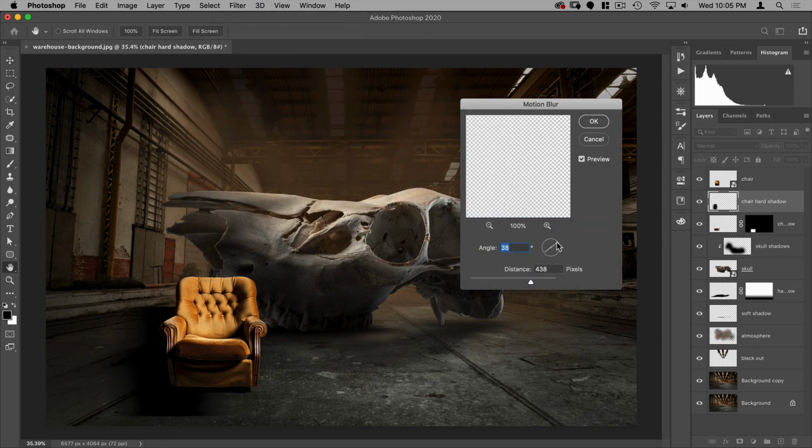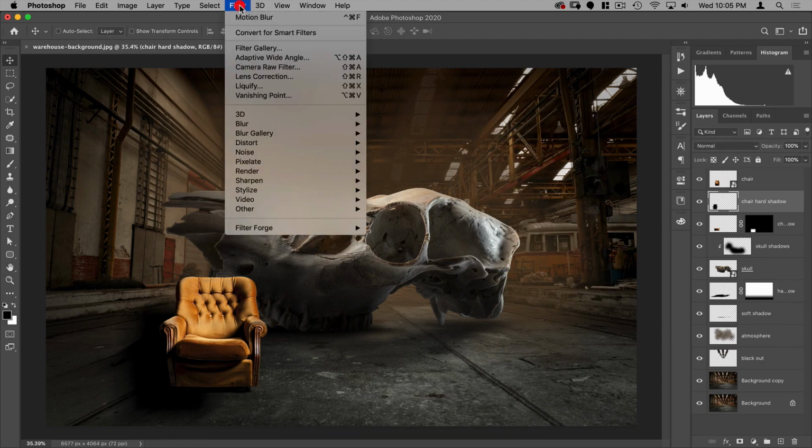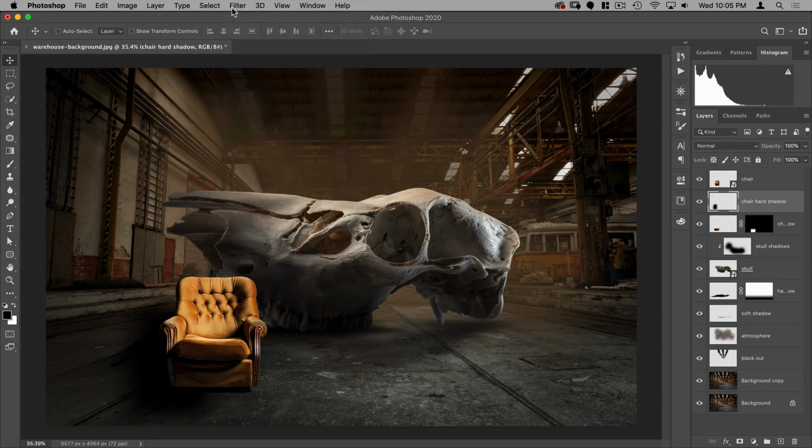And I'm going to make my angle of the motion blur match up with the angle that I just put the drop shadow so that it's getting to where the chair is. I'm going to leave it at 400, hit OK, and then just do it again. If you go to Filter, the top item in the menu under Filter basically repeats the last filter. So if I just do this again, you'll see it's more motion blurred. Again, more motion blurred. Now I can just adjust this a little bit. So right about there looks good.